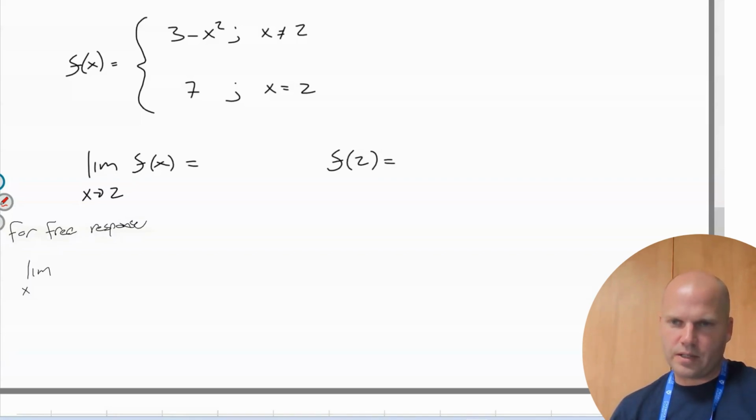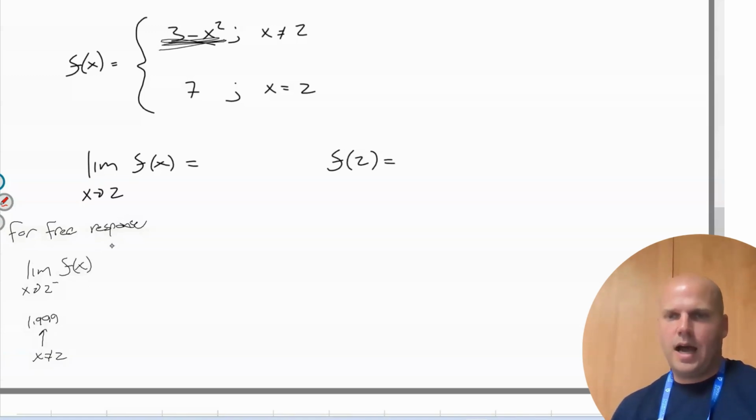You must show the limit as x approaches 2 from the left of the function. 2 from the left is like 1.999. 1.999 does not equal 2. Okay, so since it does not equal 2, I'm going to plug it in there. I get 3 minus essentially 2 squared, which is 3 minus 4, which is negative 1. If I then go to the other side and go 2 from the right,